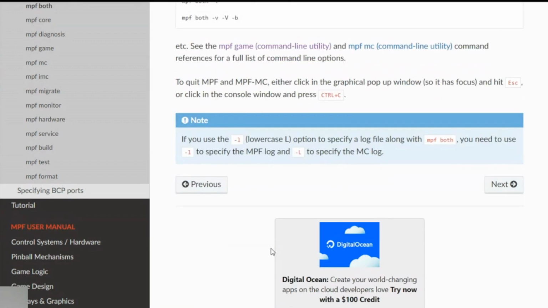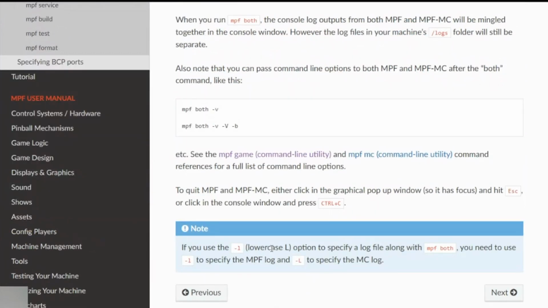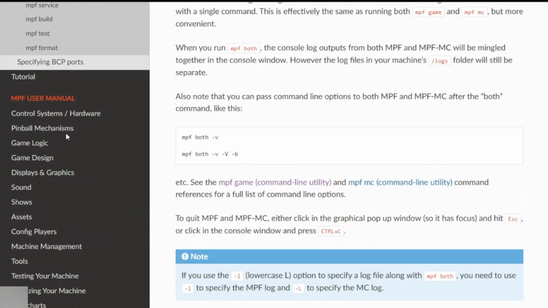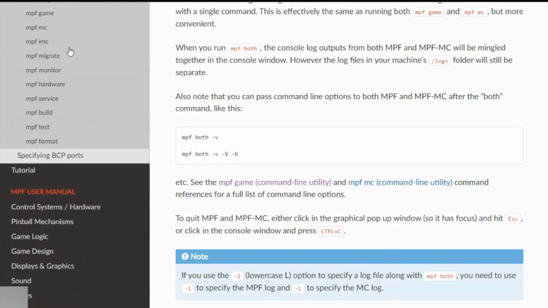When do I use them? Here's an example. -L is going to specify a log file. All right. Anyway, to find all these command options and understand what they are, we're going to go over here on the left-hand side,